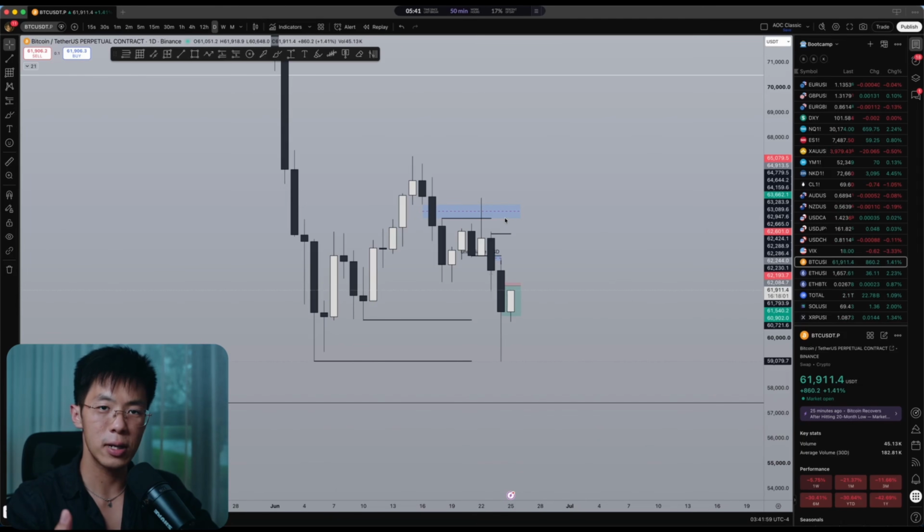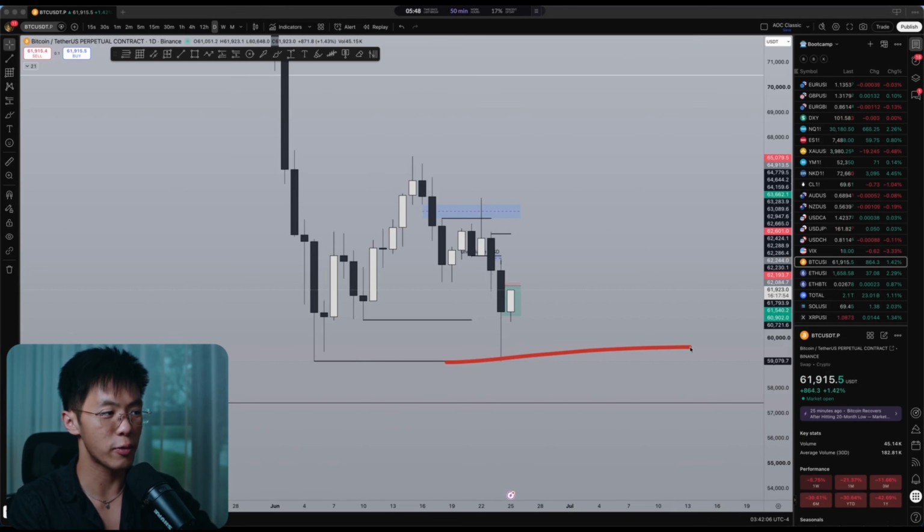If you remember from the video that I made on Monday, I said that the weekly objective for this week would most likely be this level right here at 59,000. The problem is we just hit it right before the news day. So even though we're looking at a bearish daily bias here, what are we supposed to do? I'm going to break that all down later as we get into the lower timeframes.